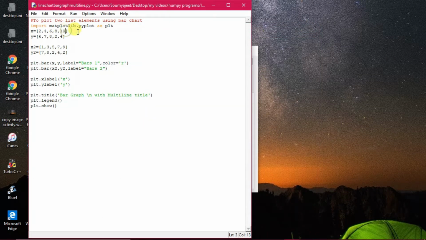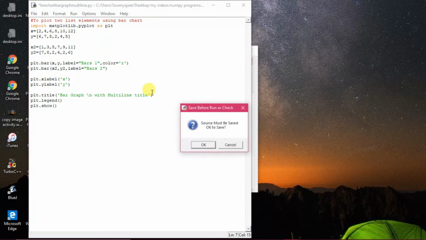Suppose I'm making here 12, 10, 12, and here I'm making a 5, and here also I'm making one. No, I'm keeping this one value here, and 6, 6 are there, and here also I'm making say 11, and here I'm making say 6. All right, so now you see I'm plotting the chart.